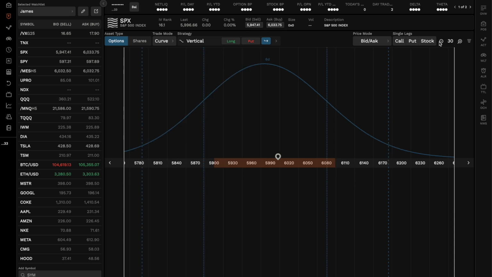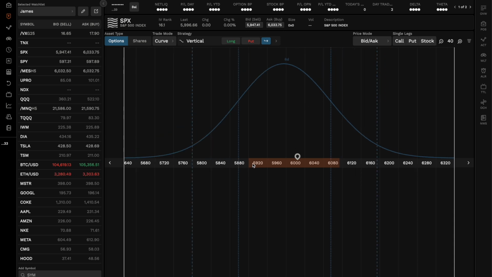And this is showing you mathematically what, right here, this is the expected move, that orange bar, and this is essentially the expected distribution of what price will do over the next 6 days. Okay, so here's the current price. You have a 68% probability that the price will be between the first standard deviations, and then it just goes